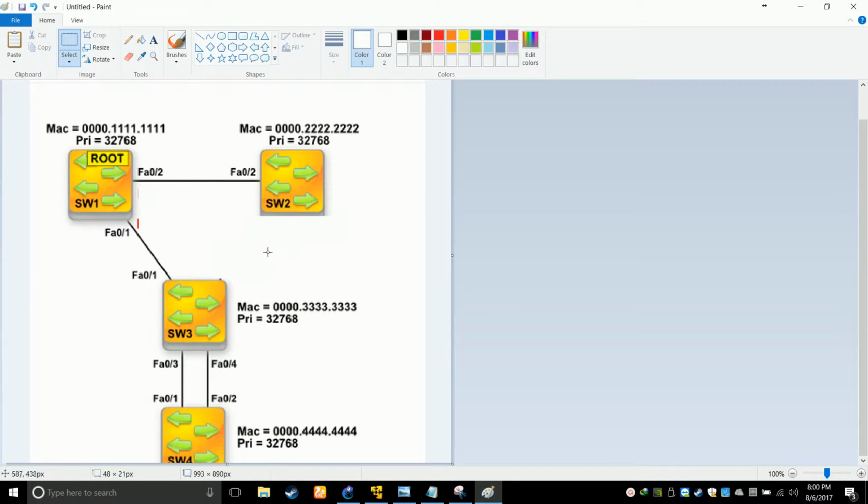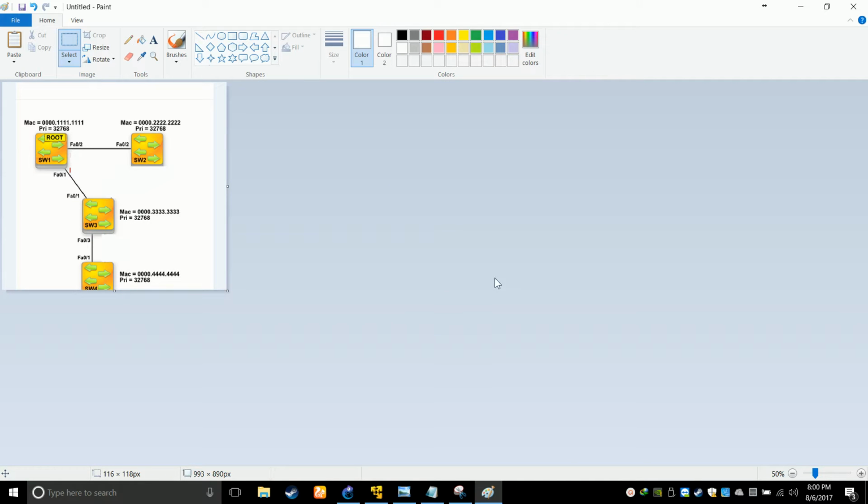Spanning tree has removed this link, and spanning tree has also removed this link. So this is your topology right now, the logical topology. If you have to send the data, it has to go through these links only, and that's why there is not going to be any loop in this case. That is the usefulness of spanning tree protocol.